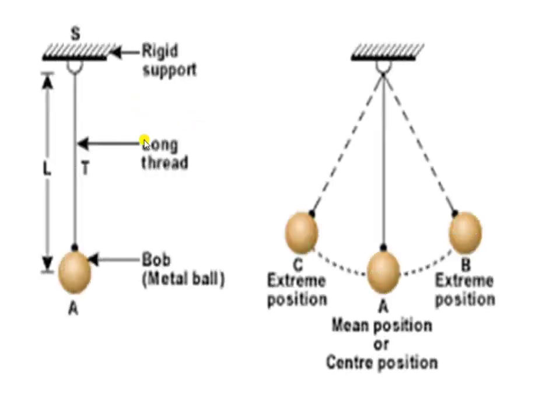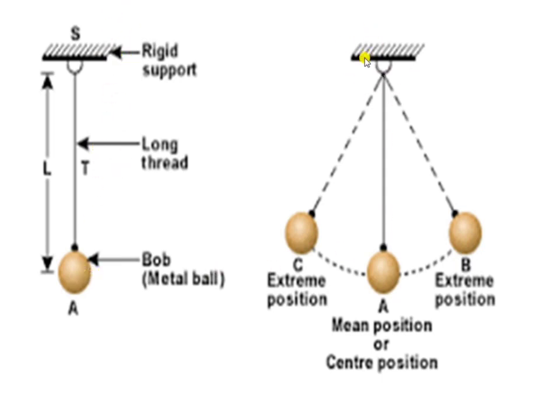Next is the picture of the pendulum. So this is the simple pendulum. A simple pendulum consists of a small metal ball that is suspended from a fixed point, from this rigid support, such that it can swing freely under the influence of gravity. The small metal ball is called the bob. The length of the thread from the point of suspension to the center of the bob is the length of the pendulum.